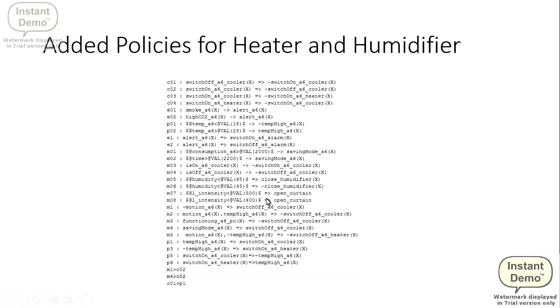The threshold is here, I think it is 18 or something like that. 18, yeah. When the temperature goes below 18, at the same time it will trigger the heater to turn on. So in the same room, A6 is the room number, the heater will be on and the cooler will be on at the same time.